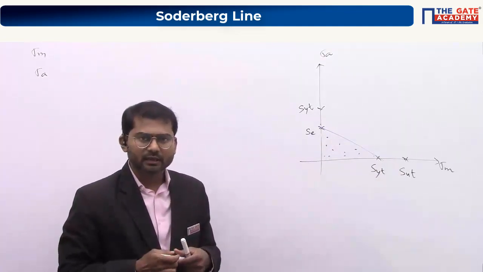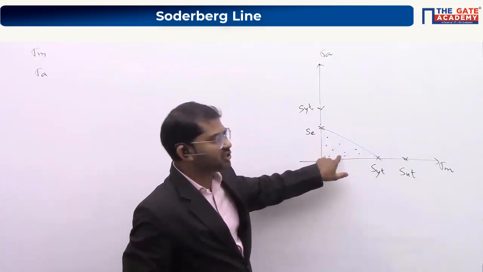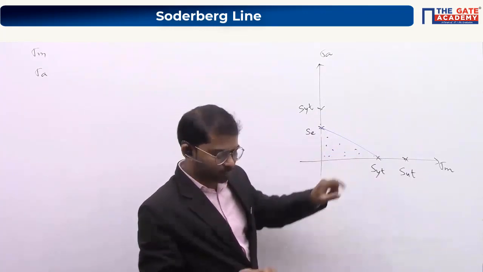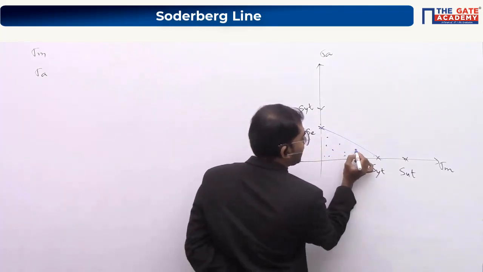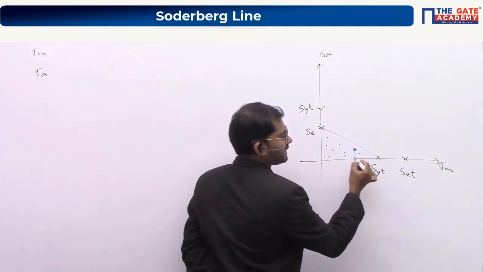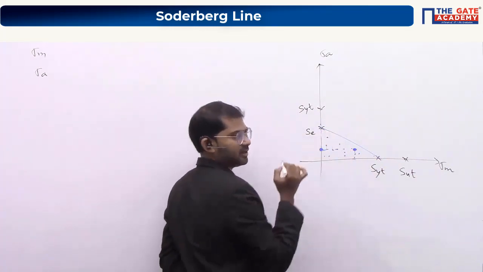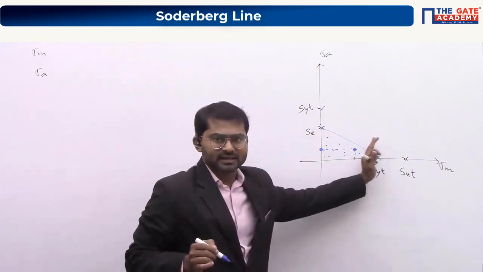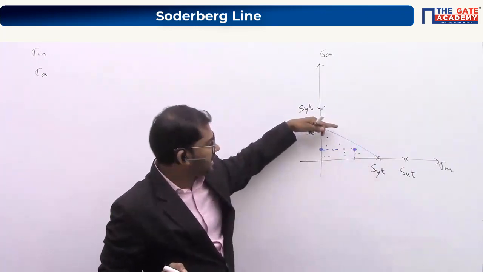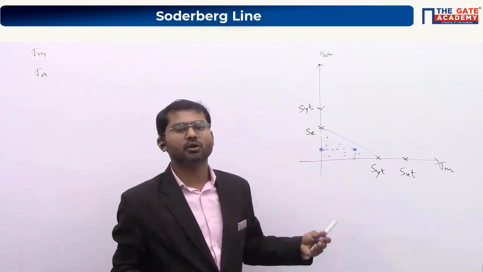How is he saying this? Look here. If you take any point inside this region, look here everybody, I am taking an arbitrary point here. This will correspond to a sigma mean which is less than SYT. This will correspond to a sigma amplitude which is less than SE here. So this has stress which is less than strength in static loading, and less than strength in dynamic loading as well. So that is how they decided the material is going to be safe.